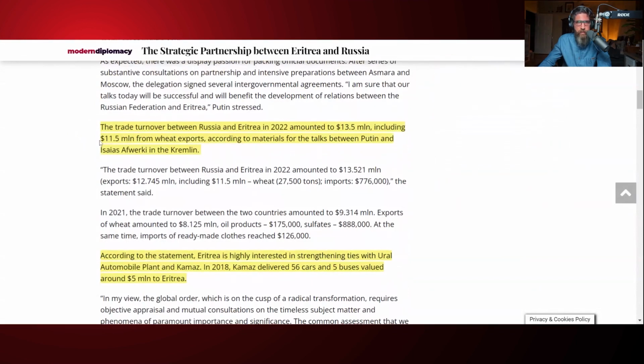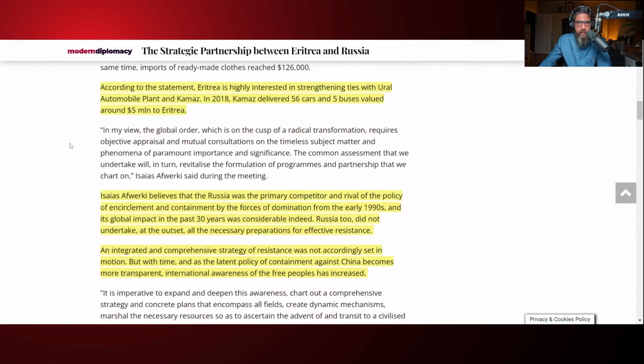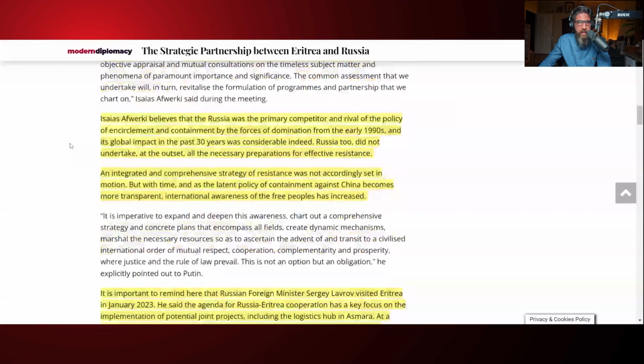The trade turnover between Russia and Eritrea in 2022 amounted to $13.5 million, including $11.5 million from wheat exports, according to materials from the talks between Putin and Isaias Afwerki in the Kremlin. According to the statement, Eritrea is highly interested in strengthening ties with Ural Automobile Plant and Kamaz. Those are Russian companies. In 2018, Kamaz delivered 56 cars and 5 buses valued at around $5 million to Eritrea. Isaias Afwerki believes that